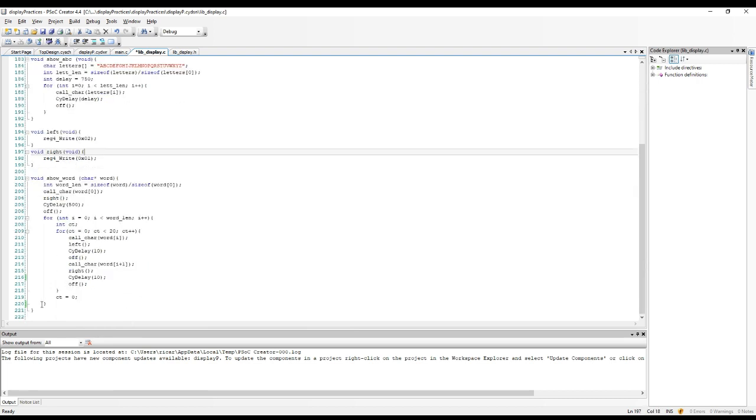Following, we have the more interesting one. Sorry, we have two little functions. Those functions consist of what display we're going to show on when we call them. For example, we have the function left. It's going to write a number 2, which means that we want to show